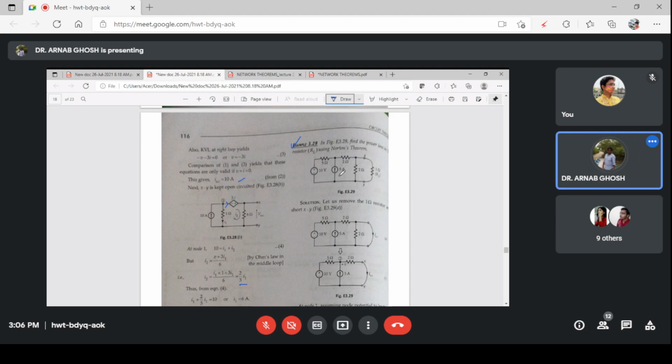As you can see, this is the independent source, but this will be a super mesh. So based on that, you apply the equation to RL. The power loss will be I square into RL. So you apply Norton's theorem for this problem, everybody. I think the problem is visible to you.